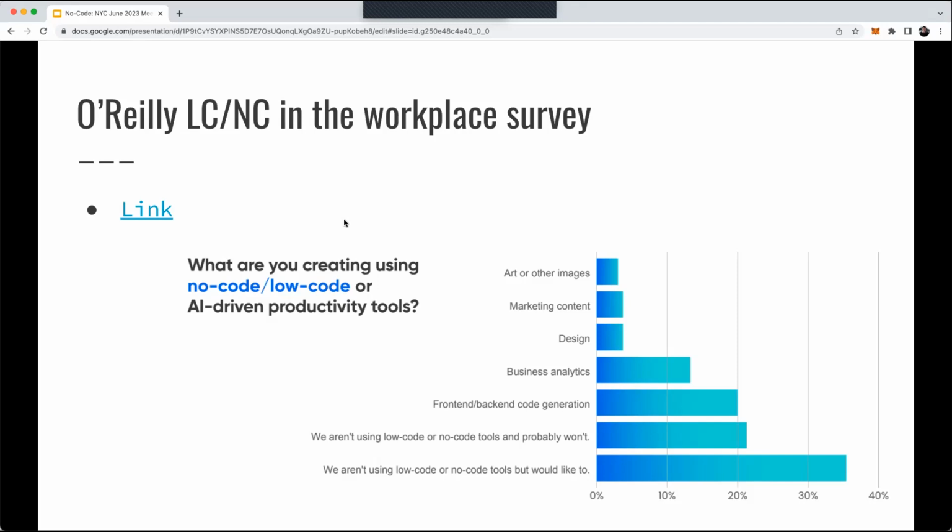Yeah, any thoughts about that? Or have you guys heard about companies using AI and low code, no code at all? I'm just curious, does that bundle together? Does that consider AI as a no code tool? Is that what this is implying? I think it's no code tools or AI, so at least O'Reilly is bundling those two things together. Yeah. Sounds like the number one use case people have is code generation. Yeah, that's probably what it is.